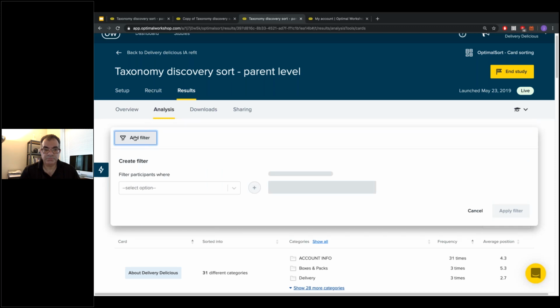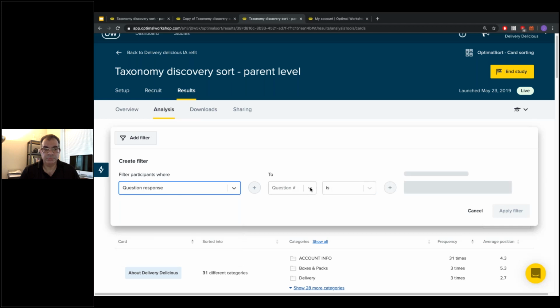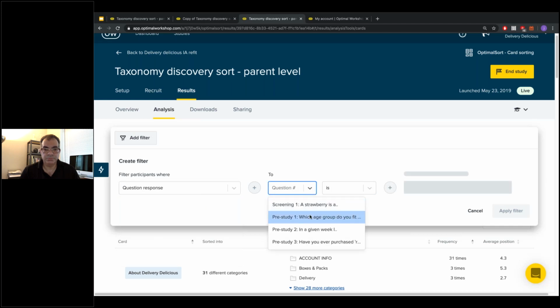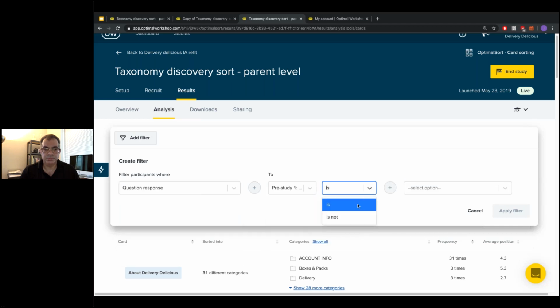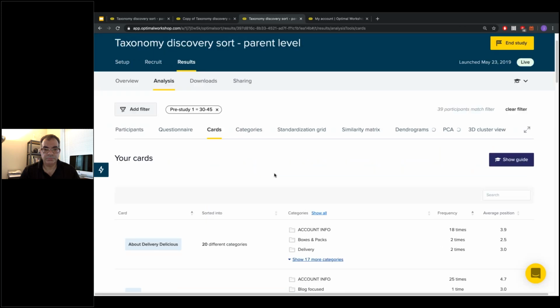A lot of this is made possible by asking those pre and post study questions when you set up your study. So if we look at question response, we might want to drill down into what age group people are in, and say that the answer is 30 to 45. We apply that filter, and then the results we're seeing only include the participants who responded with this option.